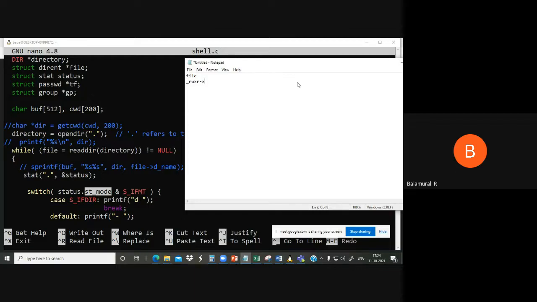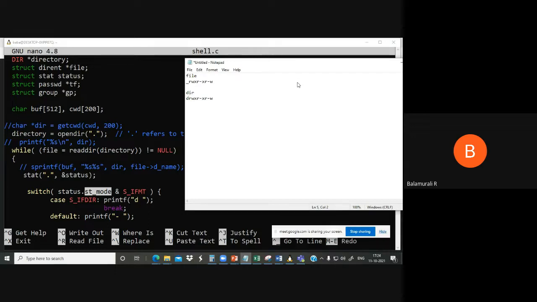Then others, they can read, they cannot write, and they can execute, right? Now, if you see 1, 2, 3, totally there are 10 parameters here. So these 10 parameters basically represent the status of a particular file. If this is a directory instead, this will be like what? If this is a directory, then this will be D, instead of the dash.